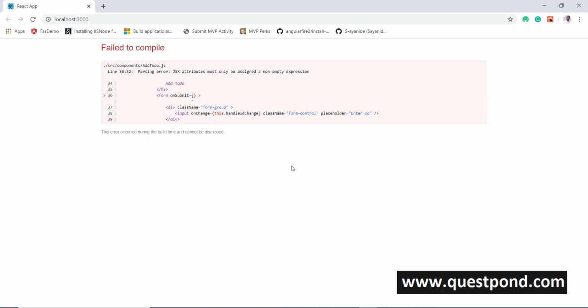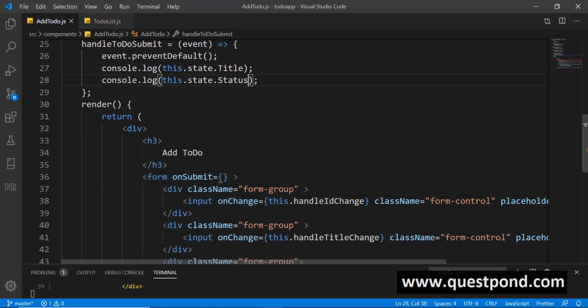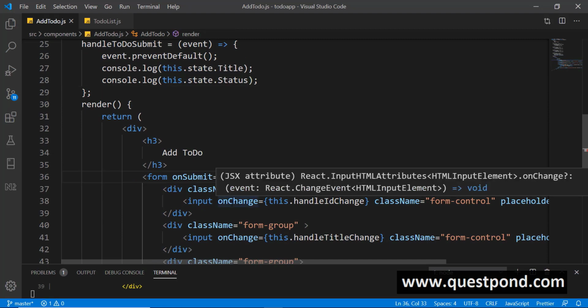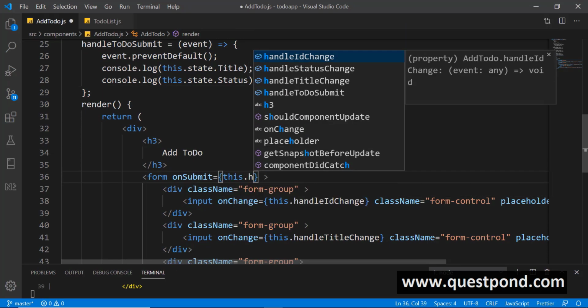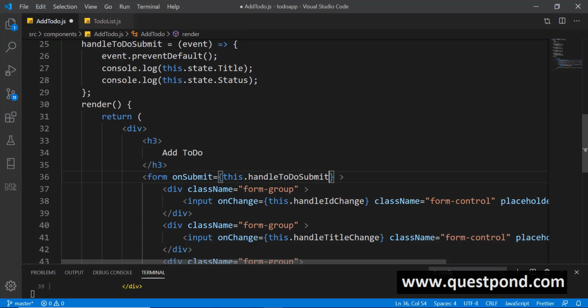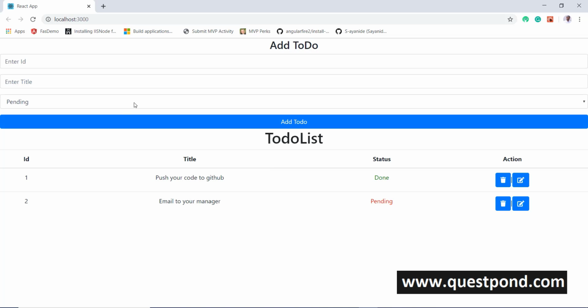Now again it is showing us some error. On submit, we need to pass the on submit reference over there. So on our on submit method over here we will call that method. So here we will say this.handleTodoSubmit. And now again if I save the application and run it, you can see, let me fill the